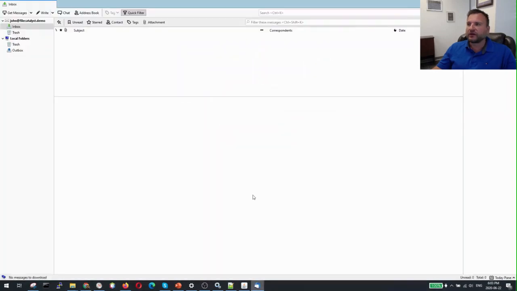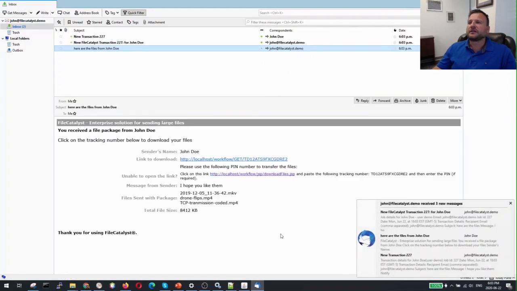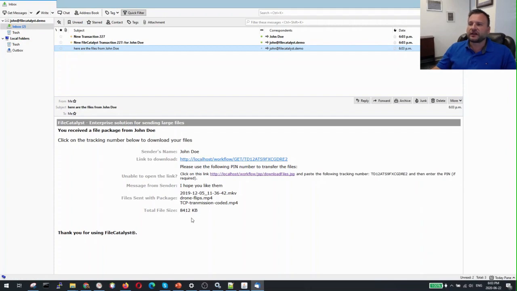So I'm going to open my email client, and here is the email that the recipient now will get to download the files. They'll get the link to download the files. They'll get the message, the size, and again, everything is customizable in both Workflow and Spaces. This is all template driven, so all email notifications are templatable. So you can make them look the way you want. This is sort of just the out-of-the-box experience. So I'm going to click on my download link,